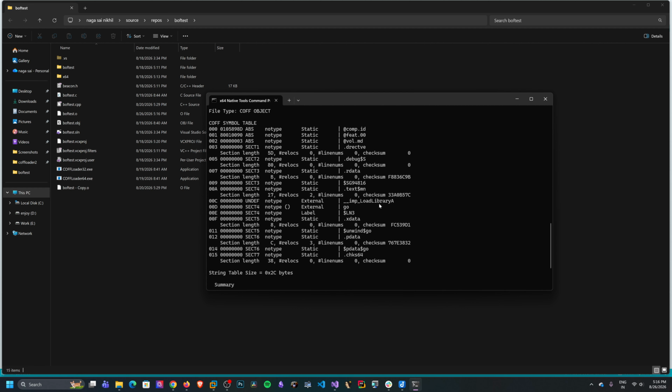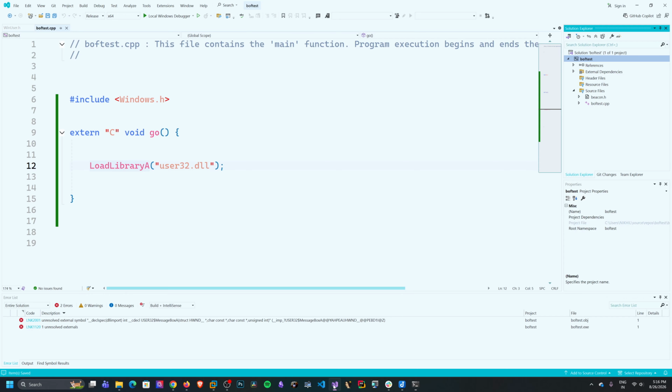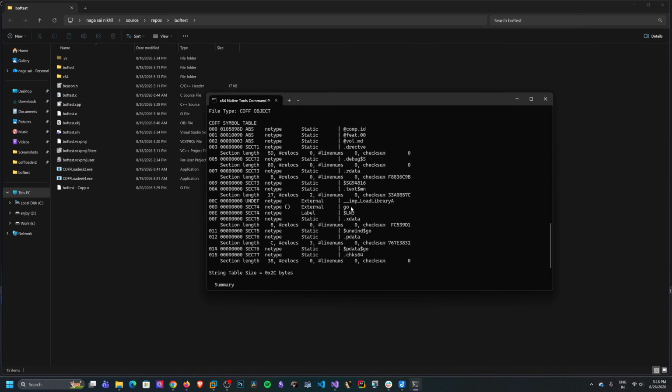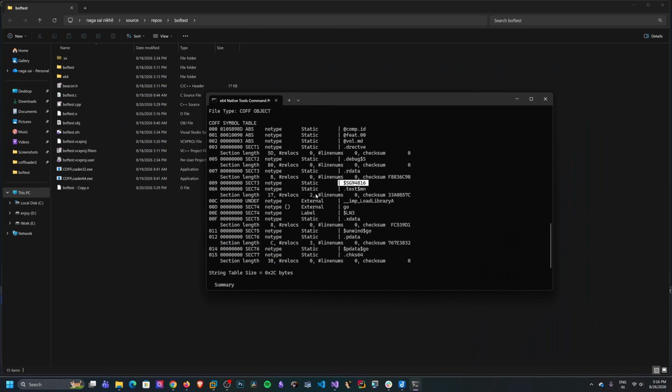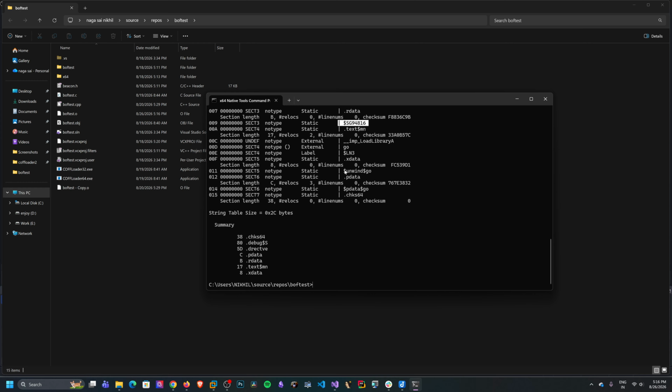So these are the symbols, and here you can see an external symbol __imp_LoadLibraryA, and another external symbol, the go function. So there are two external symbols, go and LoadLibraryA, and this $static can be the string user32.dll. These are the symbols we are going to resolve in future videos in this course. These are the symbols that our code